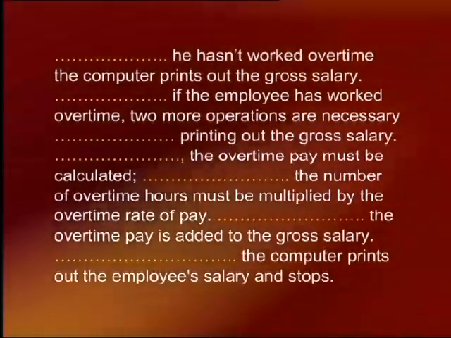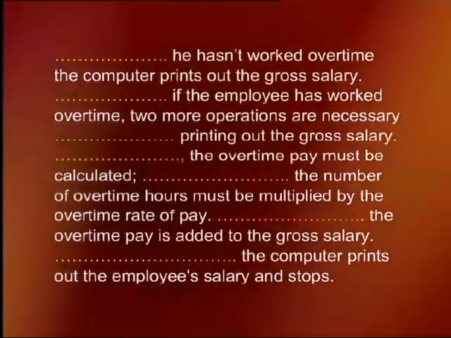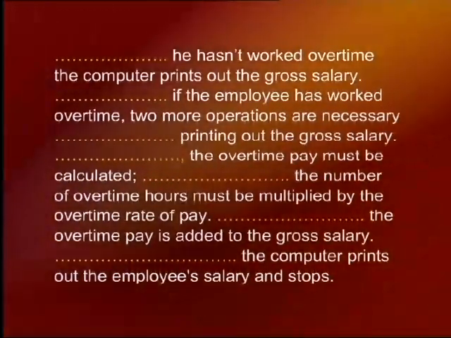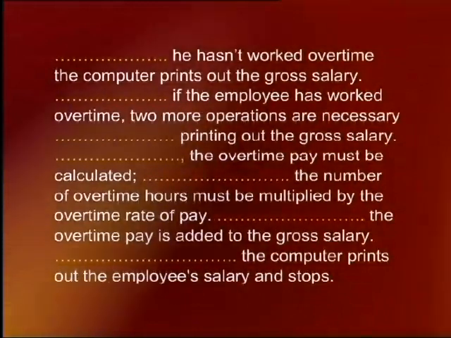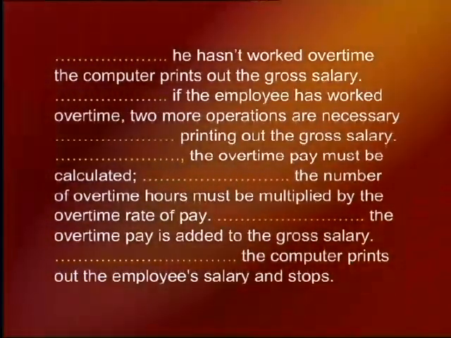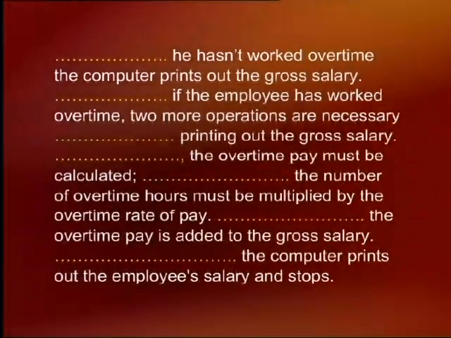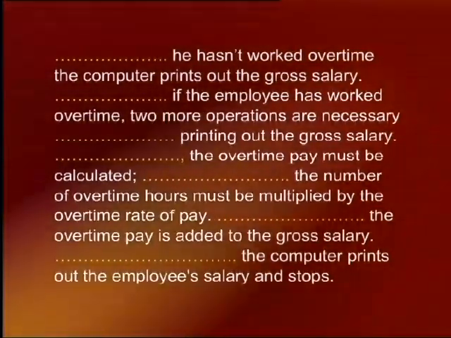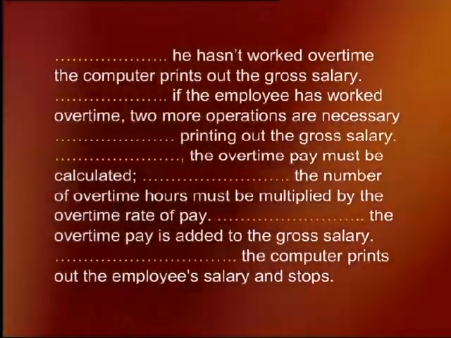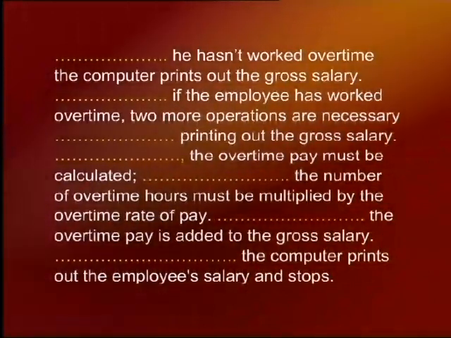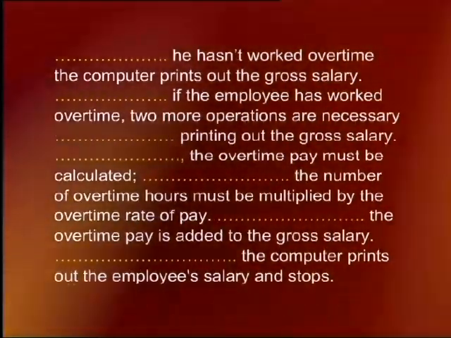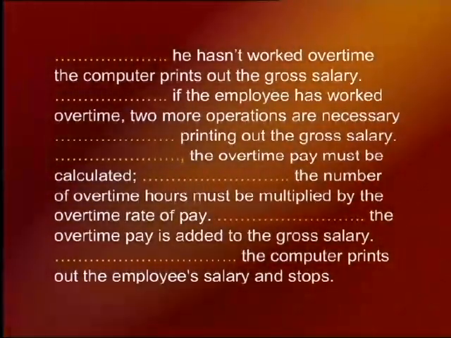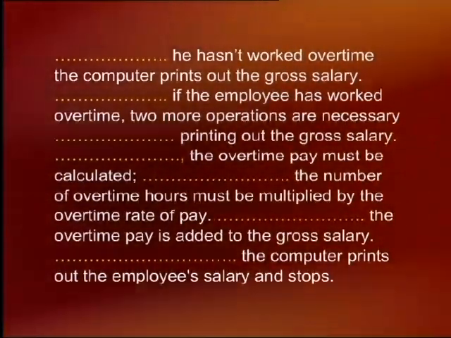If he hasn't worked overtime, the computer prints out the gross salary, but if the employee has worked overtime, two more operations are necessary. Dash, printing out the gross salary. That is, before printing out the gross salary, what does he do? First, the overtime pay must be calculated,